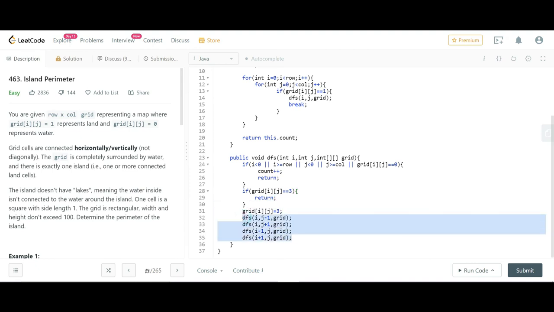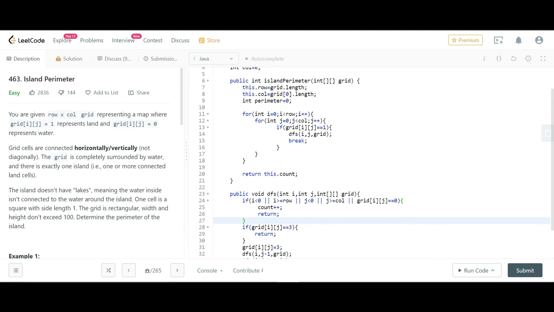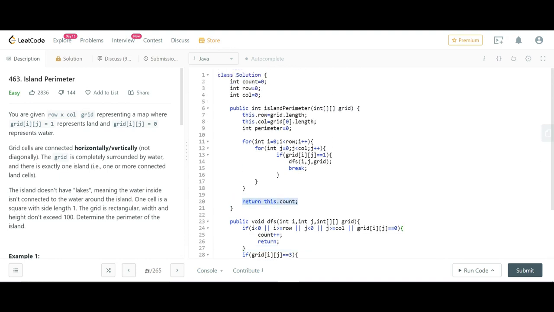Okay. So actually when I am calling DFS of i, j minus 1, it is calling the same function again here, right? And that time also it will check whether this i and j is going outside of the boundary, or it is water or not. Okay, or whether it is already visited or not. If it is not that case, then we will make it visited, and then we will go in the four directions. Okay, and at the end all the results will be collected in this count variable, because here we are doing a count plus plus, so we have to simply return the count.